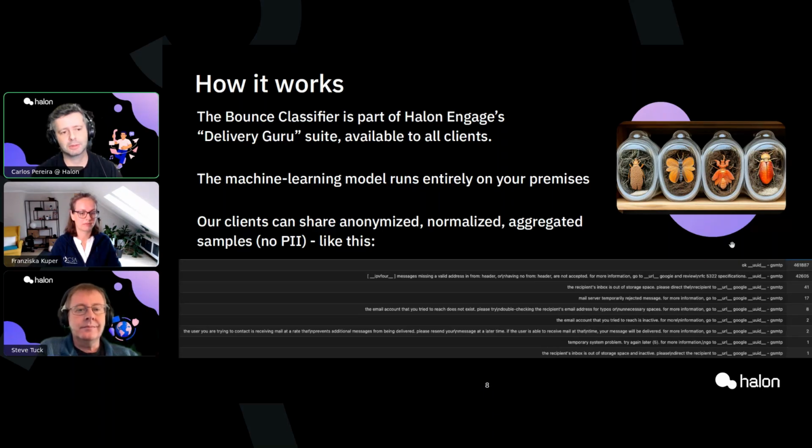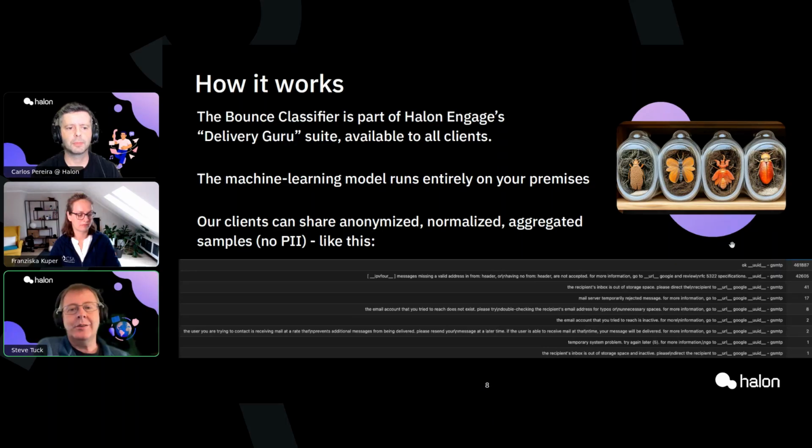What about privacy? Of course. For training data, we replace all known variable values with placeholders. We don't want your email addresses or unique IDs. For example, if we want to know that there is a URL from Spamhaus in the bounce message, but we don't care about the exact URL. Likewise, for IP addresses, names, email addresses, domains, and so on. As you can see in the example there, you can see how the export data looks, and it is aggregated, meaning that you see the counts and see how many of those specific messages we got in that system.